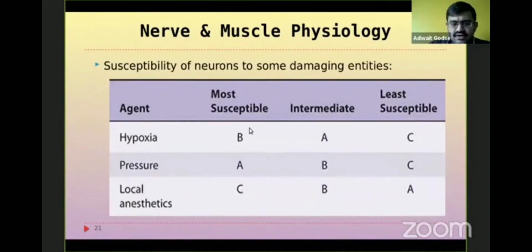This is one favorite topic of some examiners. Which neurons are most susceptible to local anesthetic agents? Unmyelinated neurons, C type neurons, are most susceptible to local anesthetic agents. Please remember this. Is it clear? Okay. Then